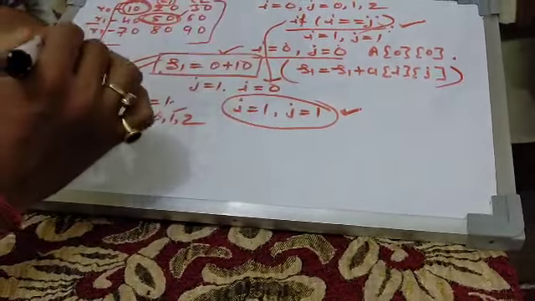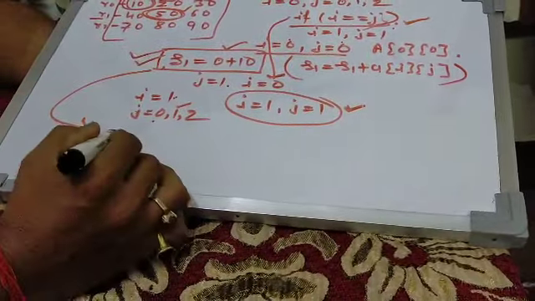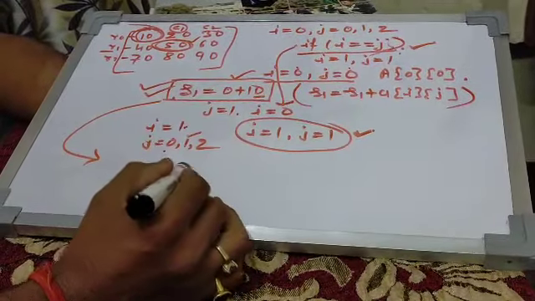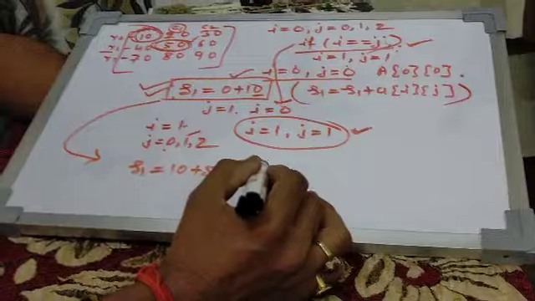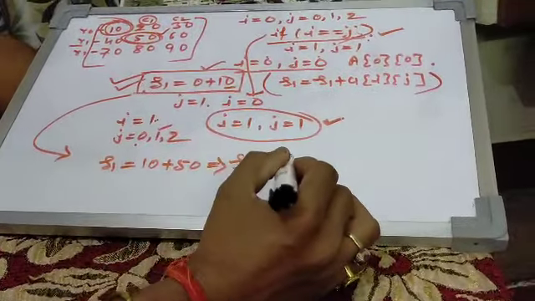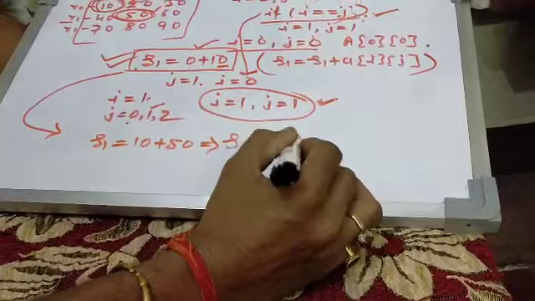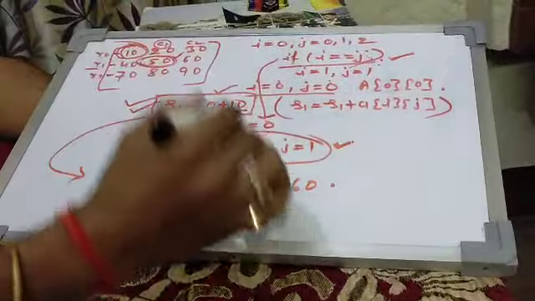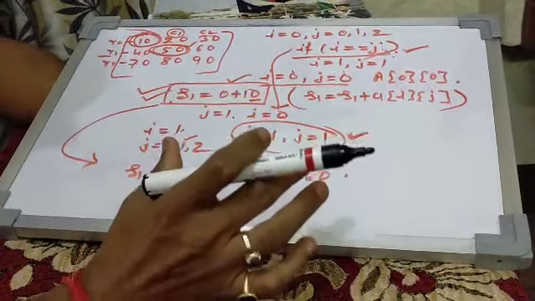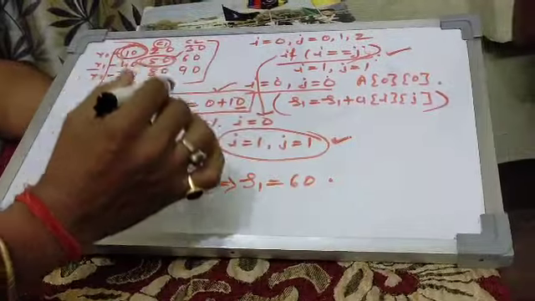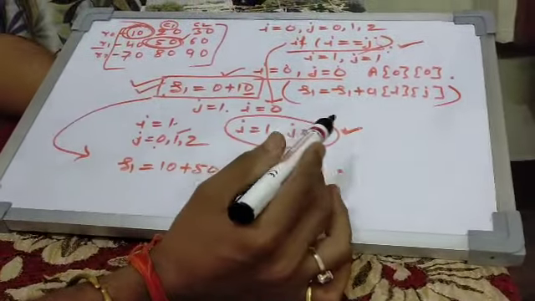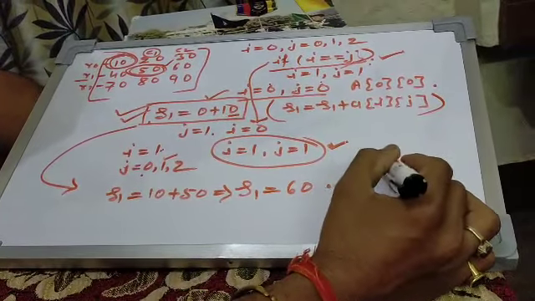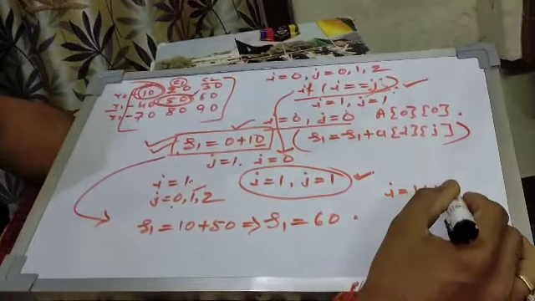So 50 will be considered, and according to this statement S1 is equal to the last value of S1 is 10. So 10 plus 50, and this time the value of S1 is 50 plus 10 is equal to 60. Now at this moment the inner loop will be broken, and the control of the program will again transfer into the outer loop, and according to the outer loop the value of I will be incremented as 1 plus 1 is equal to 2,